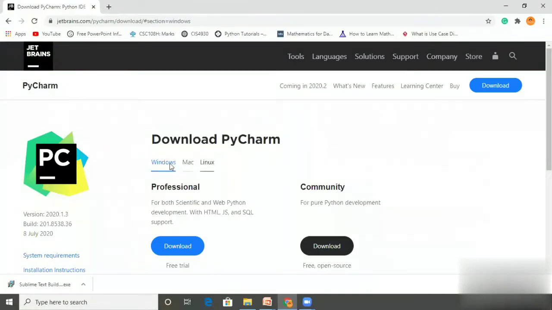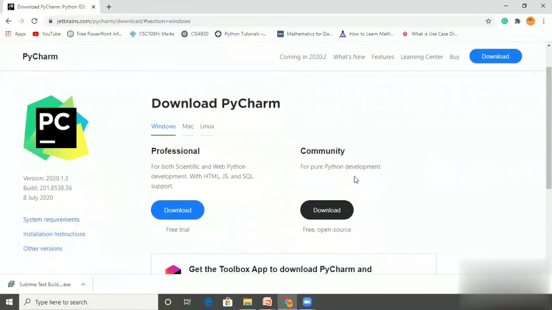There are different versions for different operating systems, and for PyCharm you can download either the professional installer or the community version. The professional version is a paid version, though for some days they will provide a trial version also. It supports web development along with Python, HTML, JS that is JavaScript, SQL, everything.